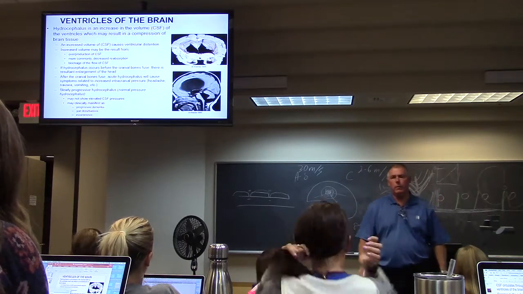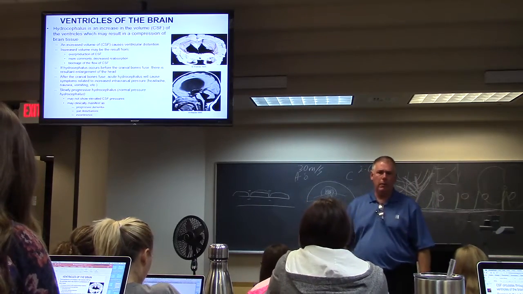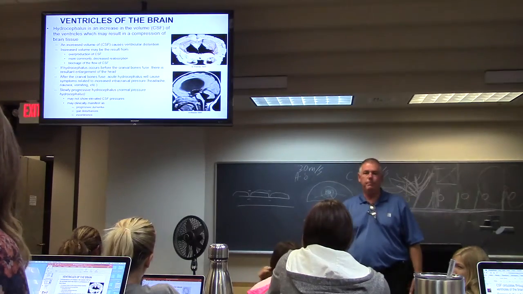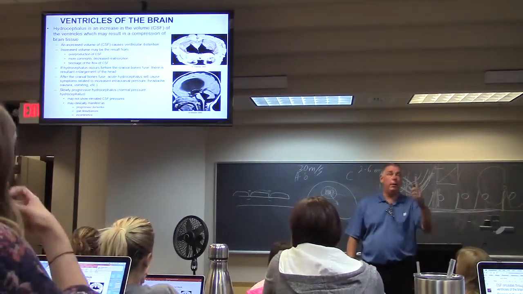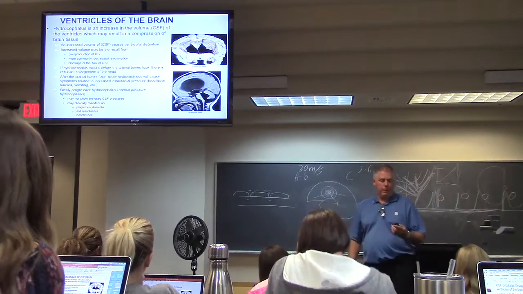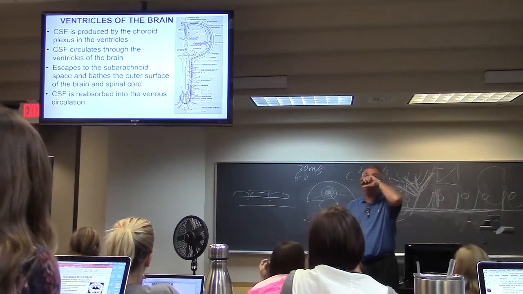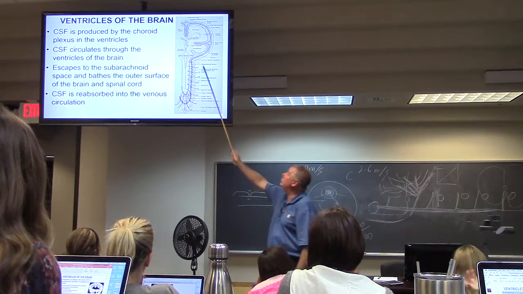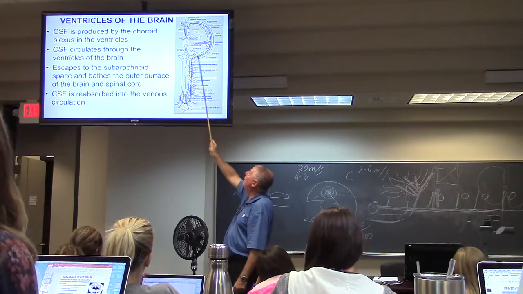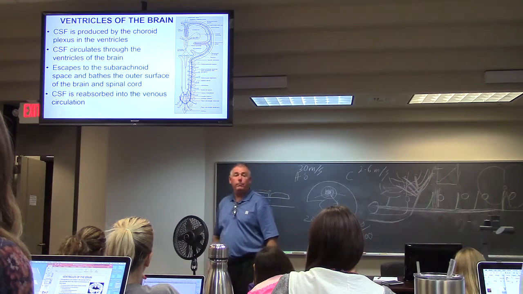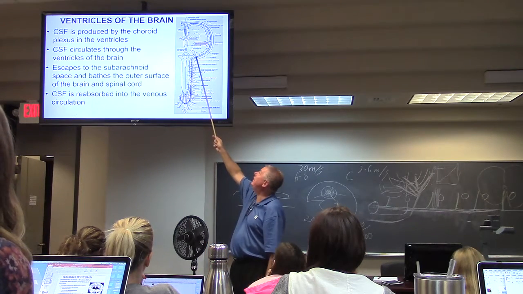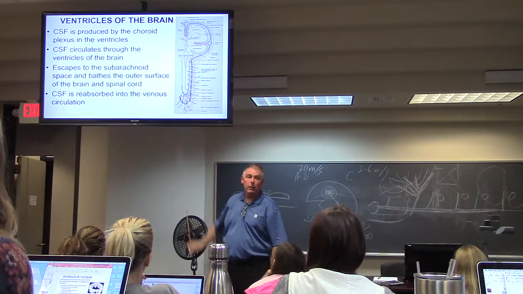When you have a brain injury and you can see CSF coming out of the ears, what hole is that going through? So I'm going to talk about that actually. If you were to look at this right here, if you had a basilar skull fracture, you get CSF leakage out through here.